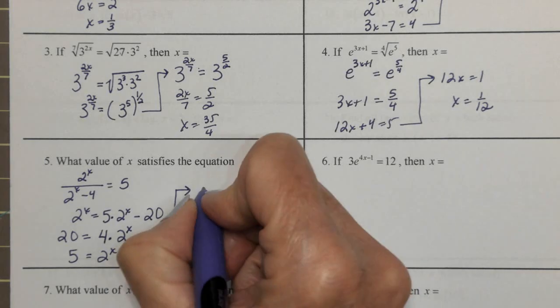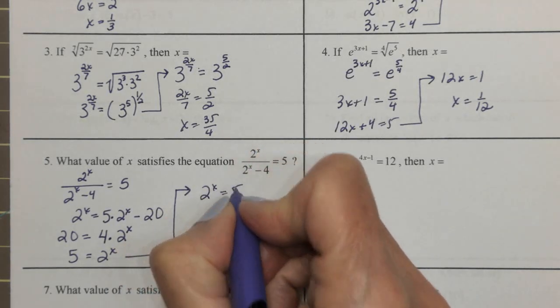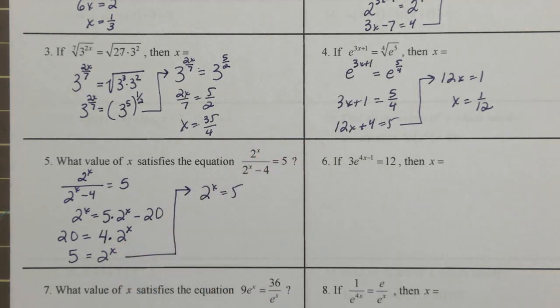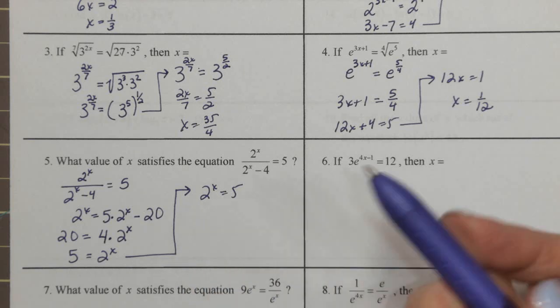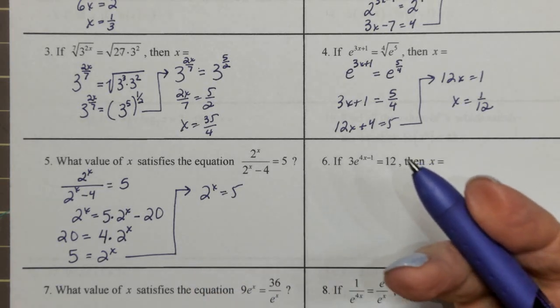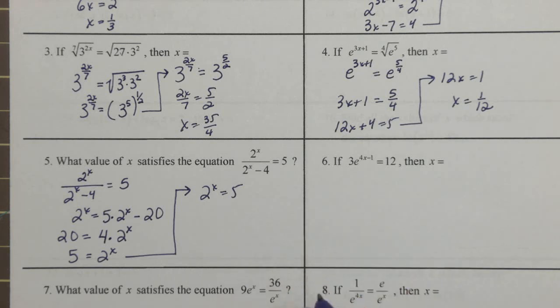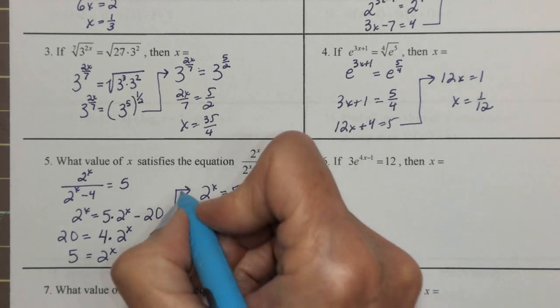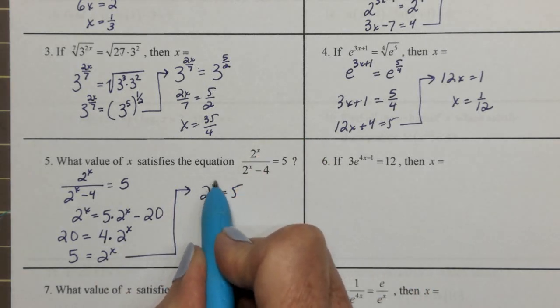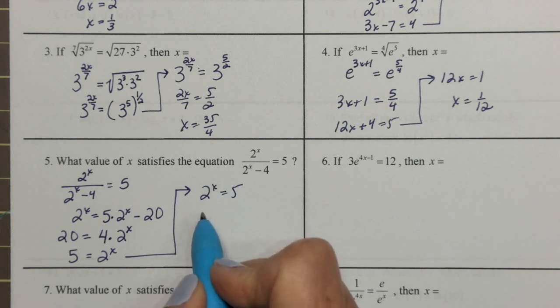Okay, we have 2 to the x is equal to 5. This one, unlike the previous 4 examples, we cannot write 5 as a power with a base of 2. So what I'm going to do is something on both sides. Since I'm trying to get to the x, I'm going to take log base 2